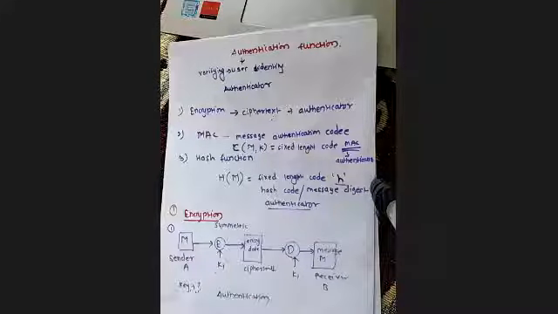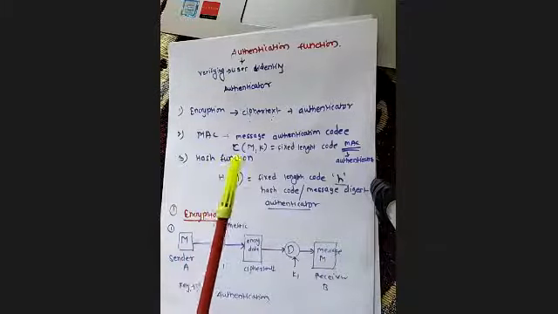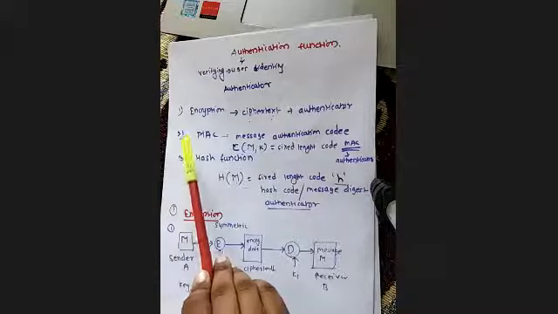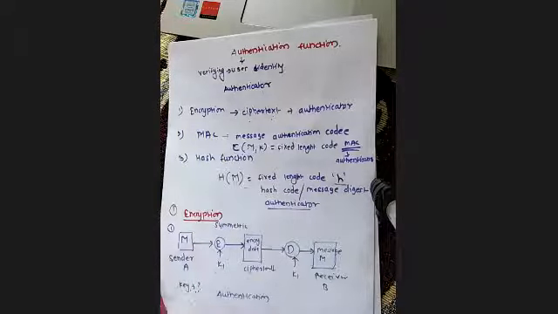To provide authentication, we have to place one point where we can say yes, this is the authenticated data, and for that we want one authenticator, right? So how are we going to verify whether this is authenticated data or not? For that we have three methods available. The first one is encryption. The second is the MAC, that is message authentication code. The third is the hash function, right?